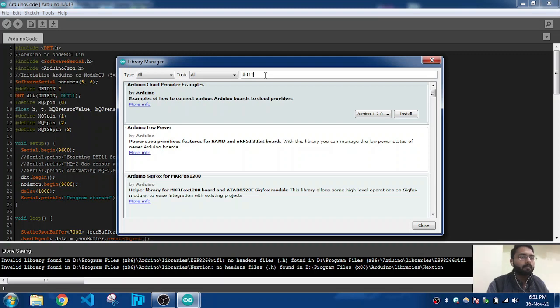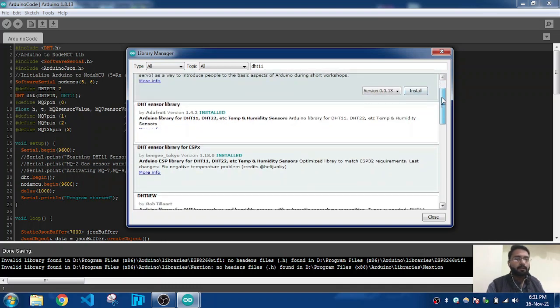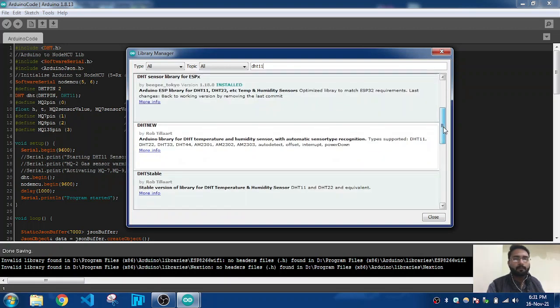A lot of libraries will come, but you have to be selective. I have installed the DHT sensor library for it. You can update it; right now it's version 1.4.2.